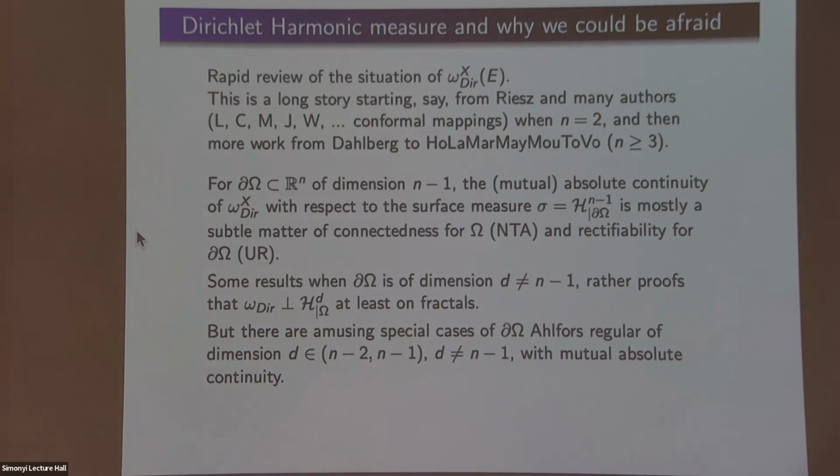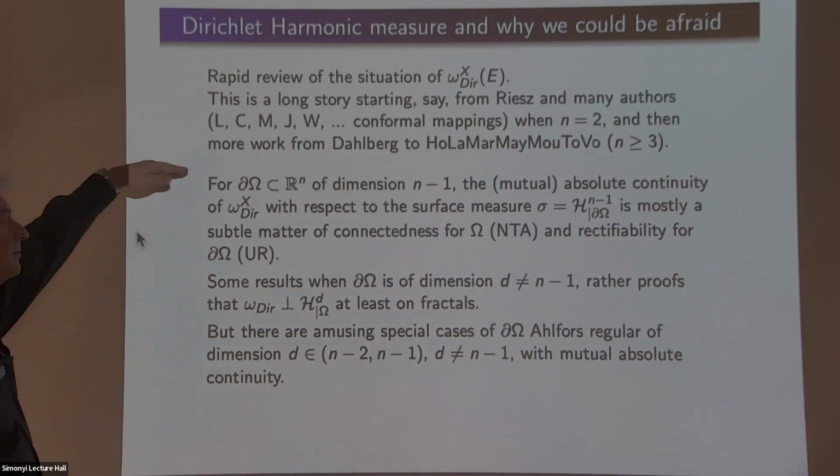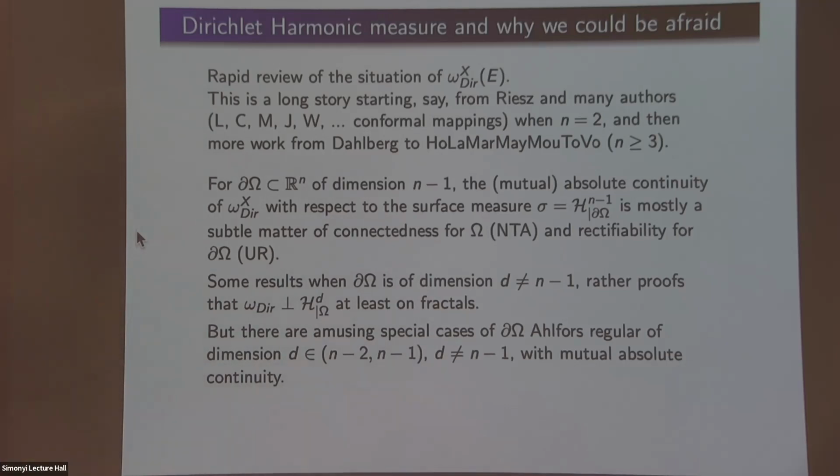It actually happens to be much more subtle and complicated than what I'm going to talk about today, but it's good to know to start things. So here I'm saying there is a very long study of things. The first thing that people noticed is that actually they didn't even mention harmonic measure in those terms, but harmonic measure in dimension 2 for simply connected domains is just questions about the size of a conformal mapping. So if you were like the Riesz brothers and you had a theorem on the size of a conformal mapping, you could translate that into an estimate on harmonic measure. Okay, so that's one thing.